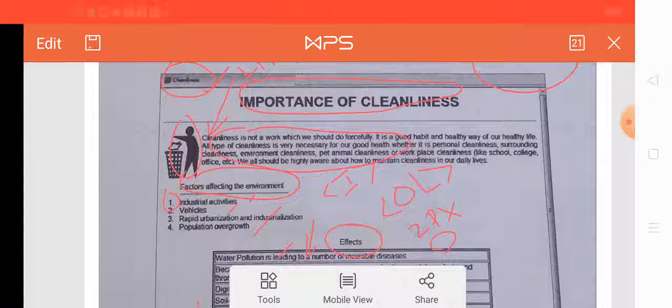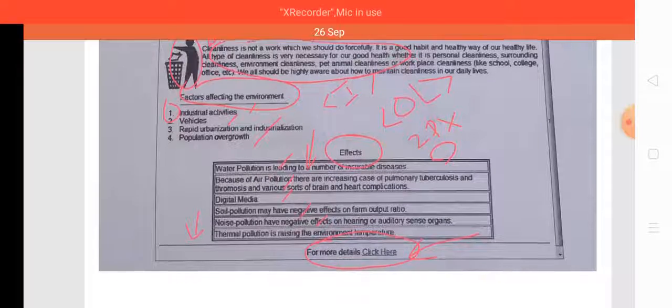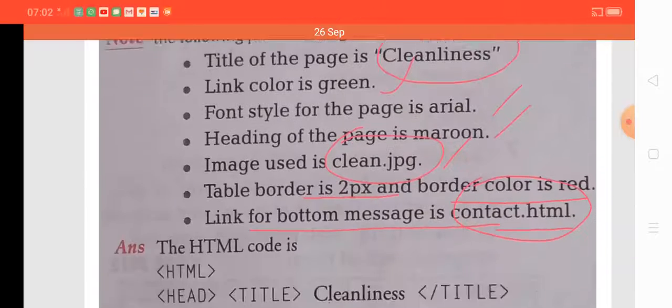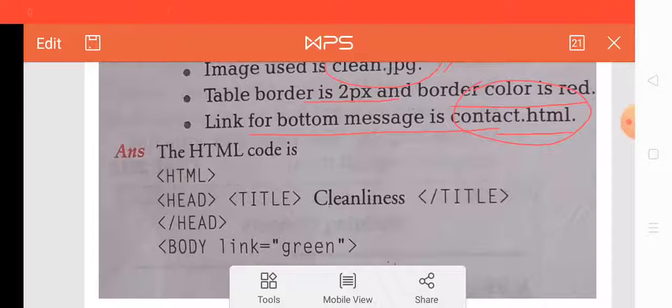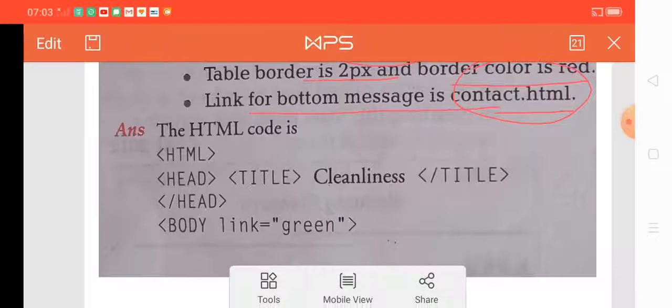So practice on such tags. It will give you a clear idea of how to write code in HTML. Okay, now it's time to write the code. So as you know, the first tag or the root tag is HTML. So first of all, write the HTML tag here.